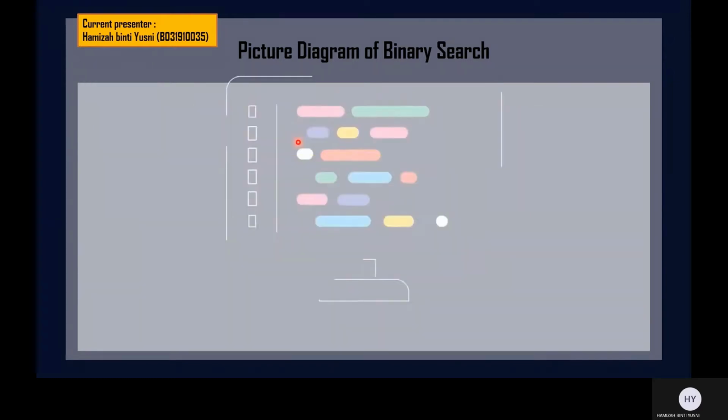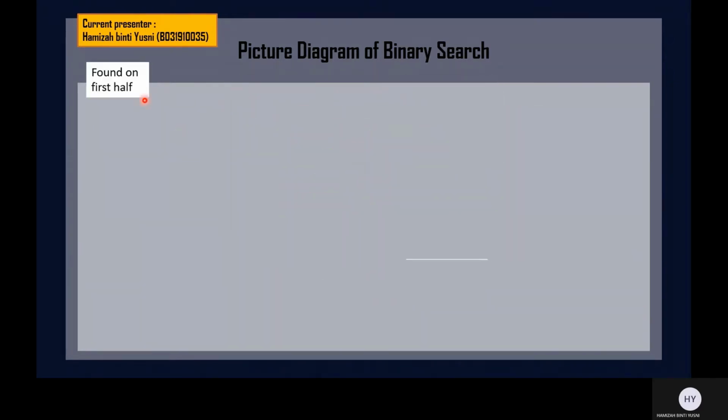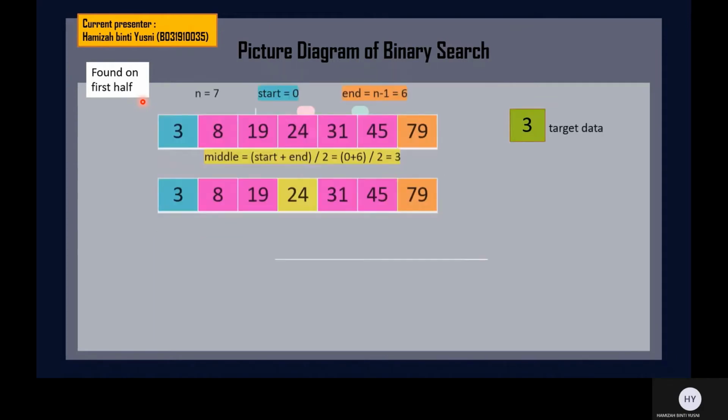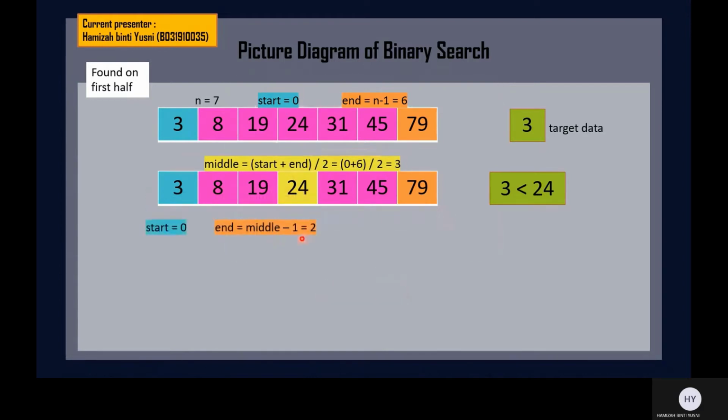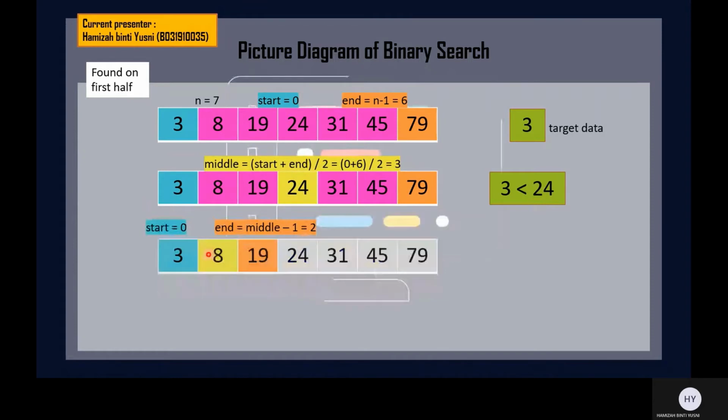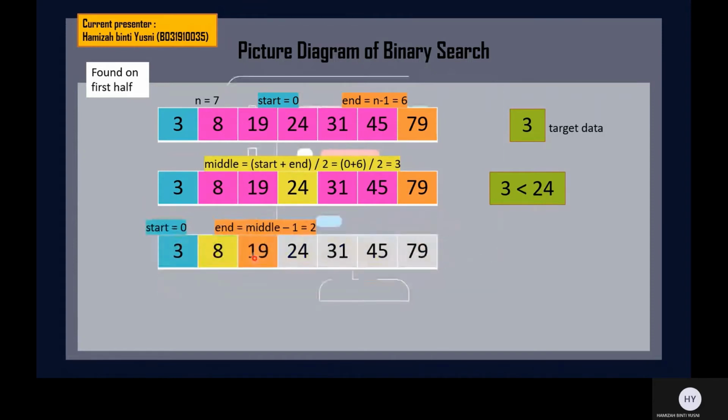Next, example for searching found on first half. Our target data is 3. The process is the same until this part. Since target data is 3, in this case, the target data is smaller than the middle element. 3 is less than 24. Since it is smaller, end value will be updated to middle minus 1, and searching will be done on the first half,